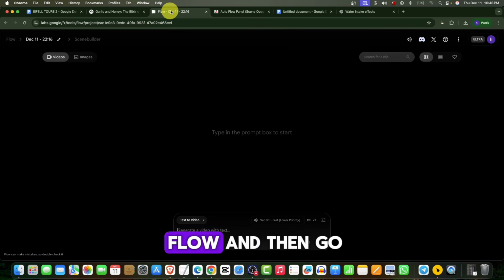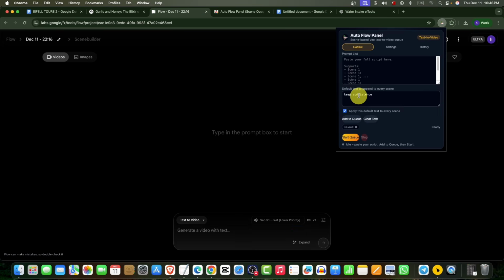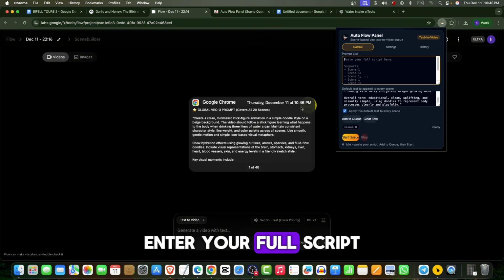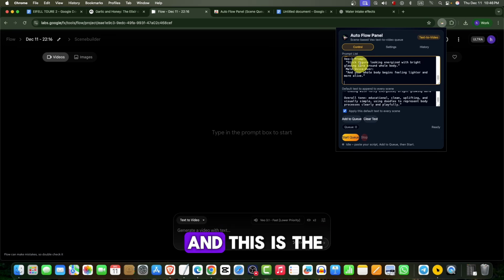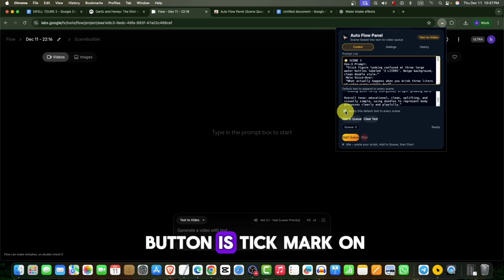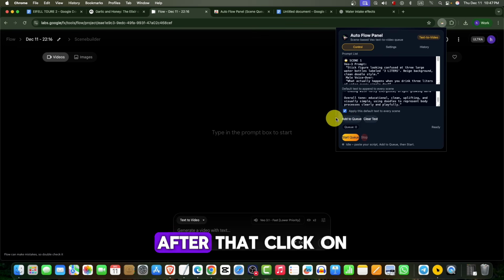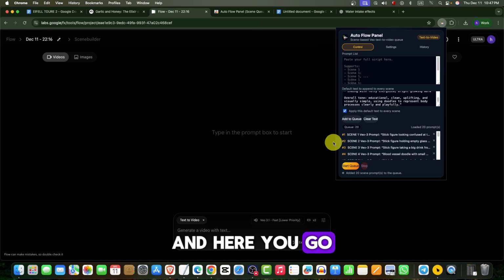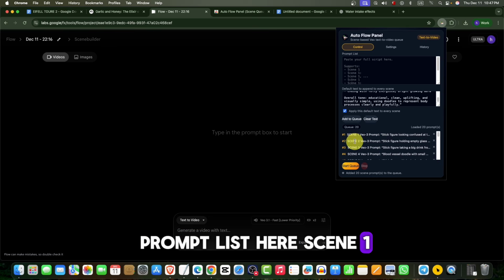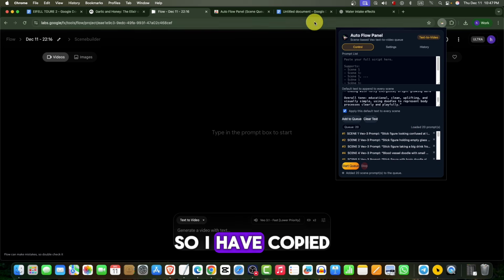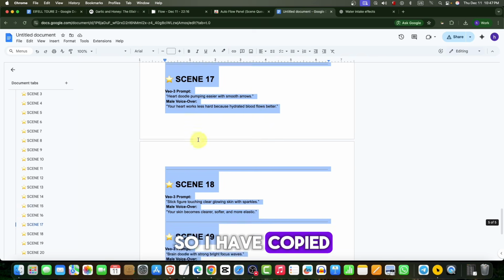Now go to the flow and then go to the extension, add the global prompt here, and here enter your full script, and this is the full script. Now make sure this button is tick mark on. After that, click on add to queue, and here you go, you will see 20 prompt list here. Scene 1, scene 2, scene 3 loaded 20 prompts. So I have copied 20 scene,